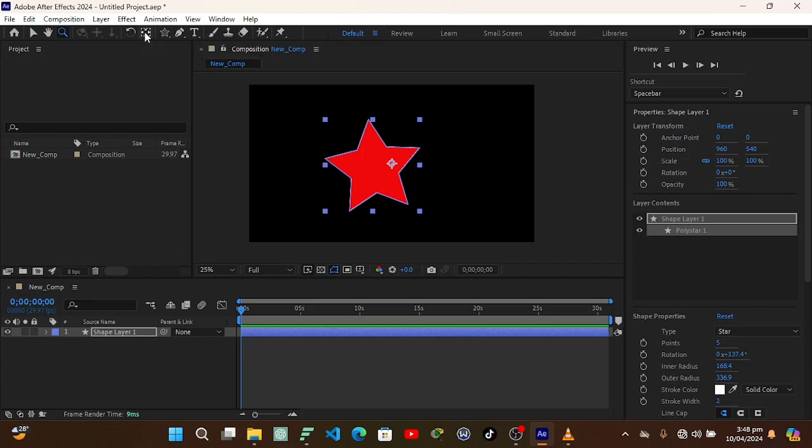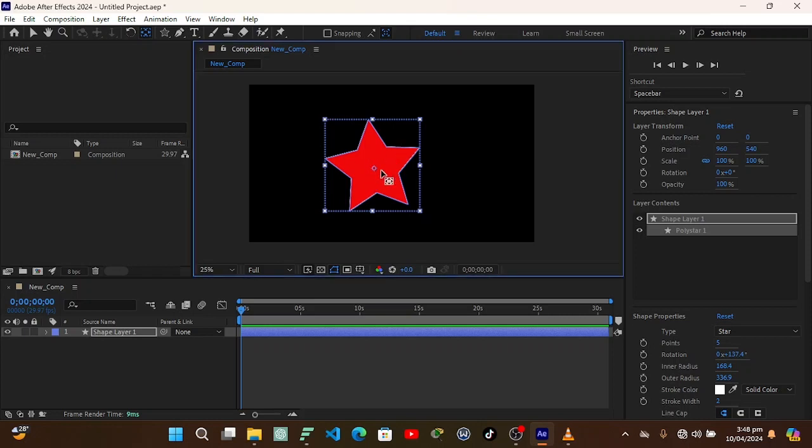Let's select this, then place it in the middle of our object, I mean the star here. Then select our rotation tool. If we try to rotate the object on our composition,